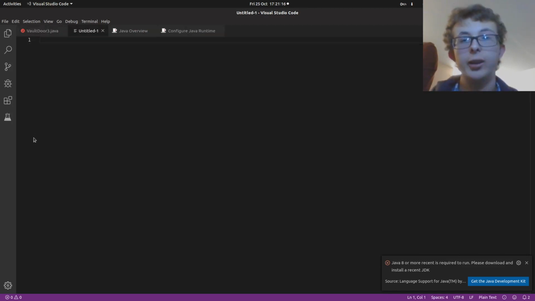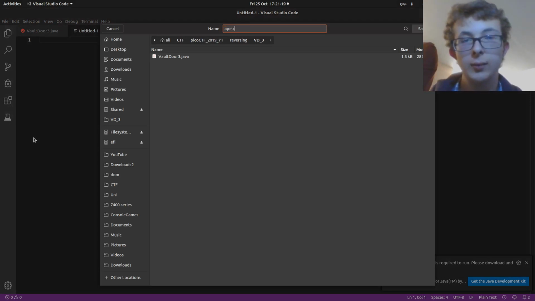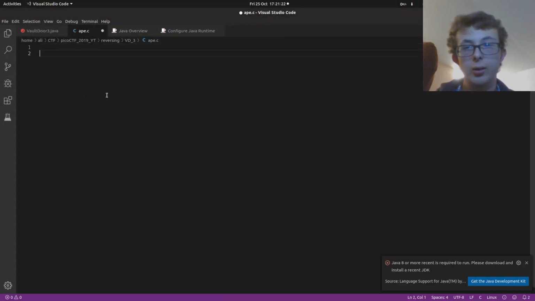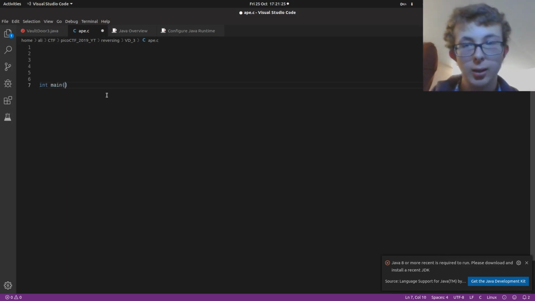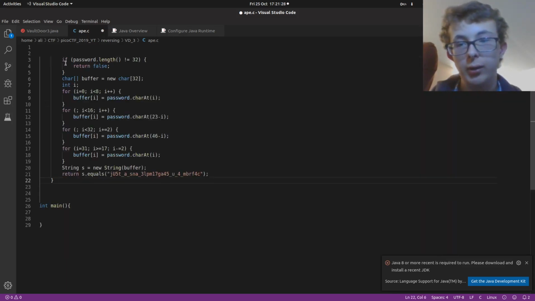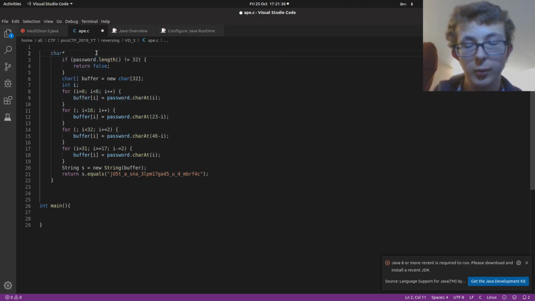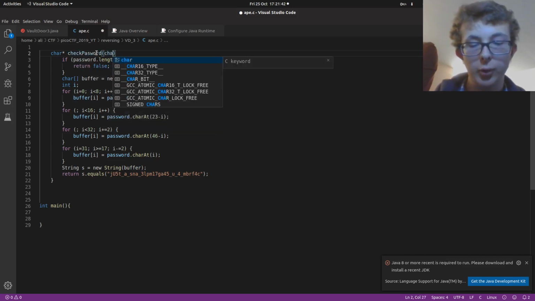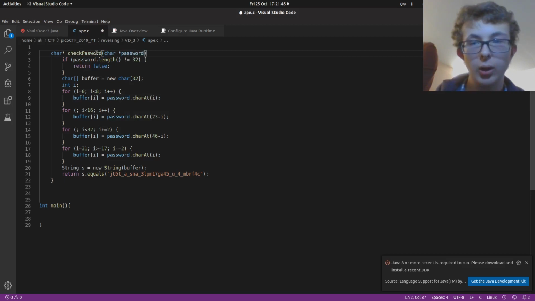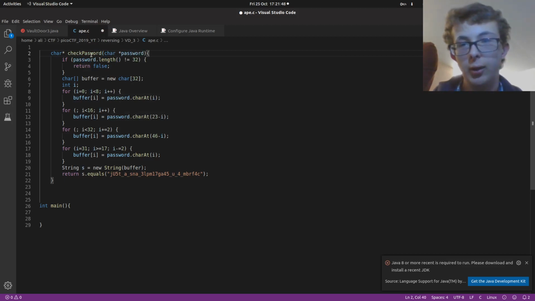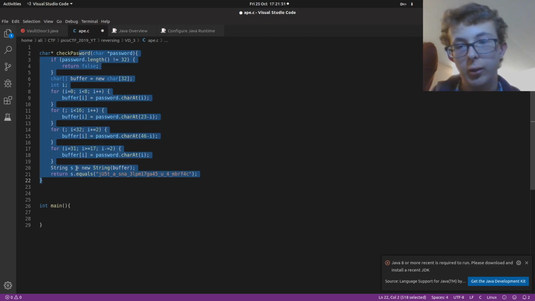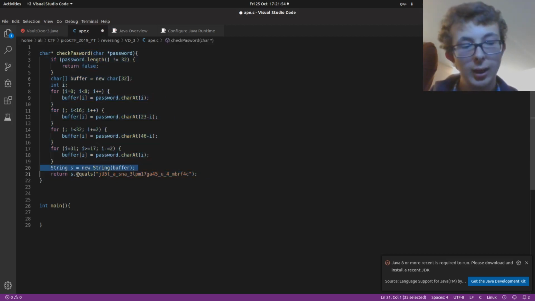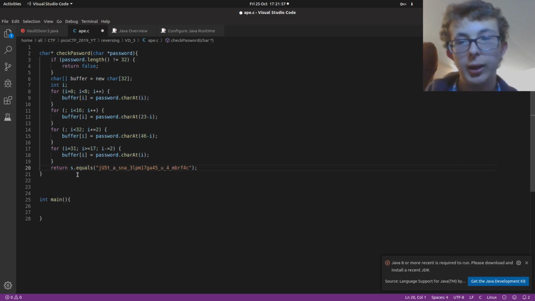file called ape.c. And we are going to do our int main, and we're going to put our function that we just copied. I don't know what happened to its name, but it's going to be a pointer to a character, and it's going to be called check password. It's going to take a pointer to a character called password, and there we go. So we're going to just unindent that. We're going to get rid of some of these lines, and what we actually want to do is